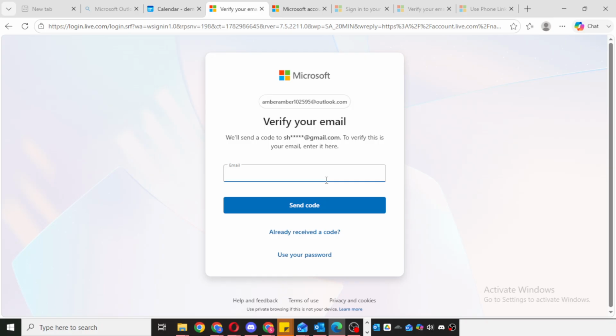Once the verification is complete, you should be able to see the option to add a phone number. Click that option, then enter your mobile number carefully. It's a good idea to double-check the number before saving it to make sure there are no typing mistakes, since an incorrect number could affect future verification or account recovery. After you input your phone number, that's it. Your mobile number will be added to your account.